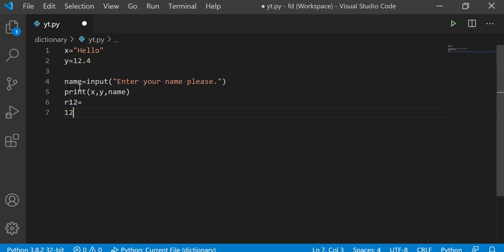The next rule is that identifier names are case sensitive. So if you use a capital N for name in the print statement, and you have not changed that in the variable here itself, then you will have an error. What will be the error? Let's see.